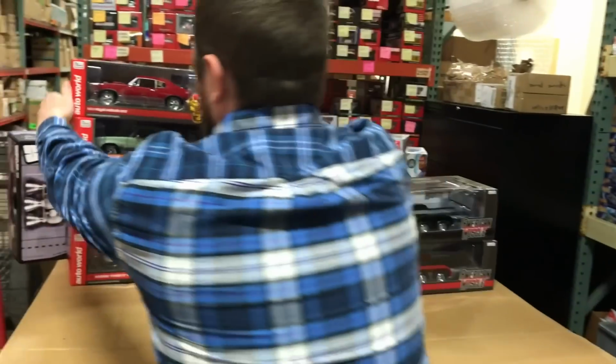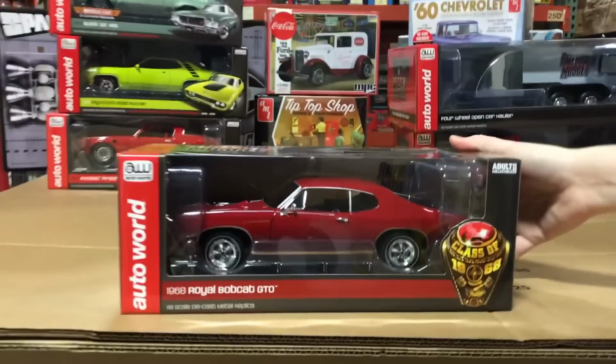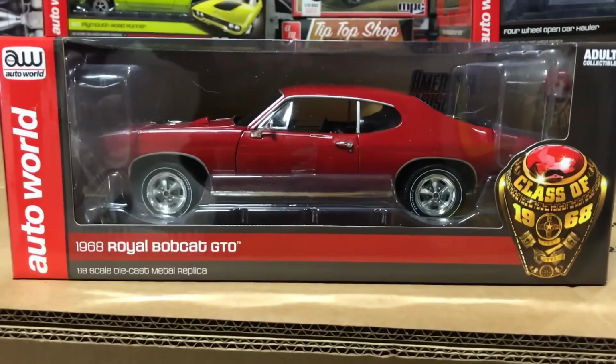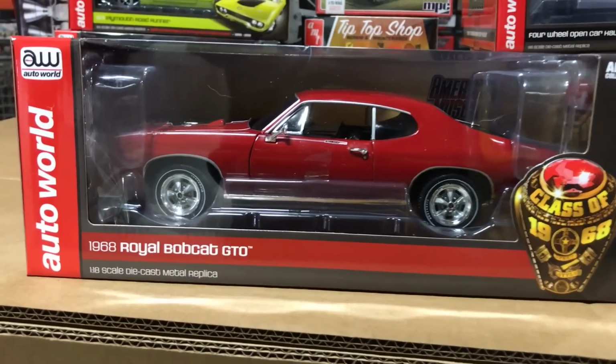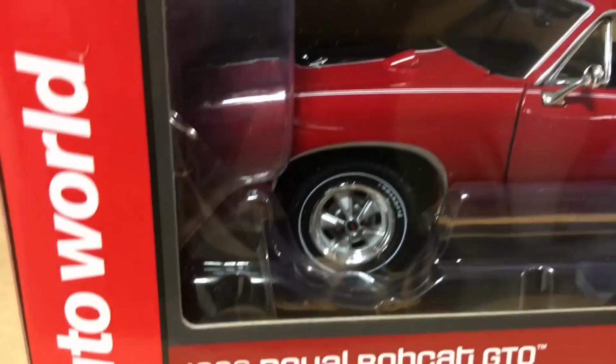And then next off, jumping into the cars, this is our 1968 Royal Bobcat GTO. So this is part of the class of 68 that we've been doing this year. Some of the cool stuff about this, it does have all those great looking Royal Bobcat features, that black and red